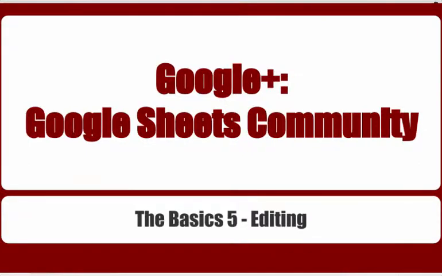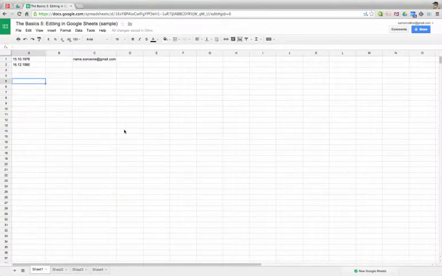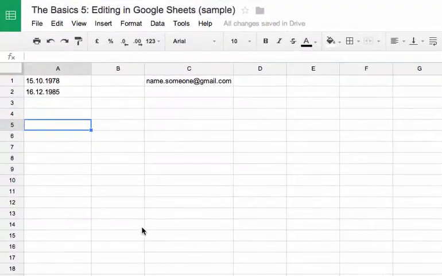Today we're going to look at editing in Google Sheets. The first thing I want to look at is the find and replace functionality on Google Sheets. It can be very useful for bulk editing. If I take an example here, I have two dates set in column A, but the date delimiter in each